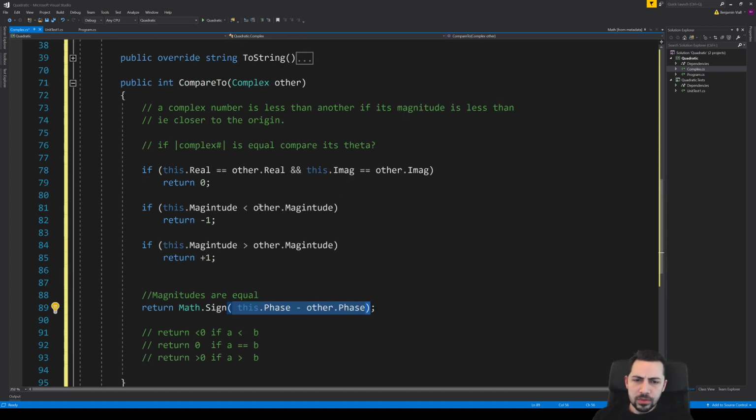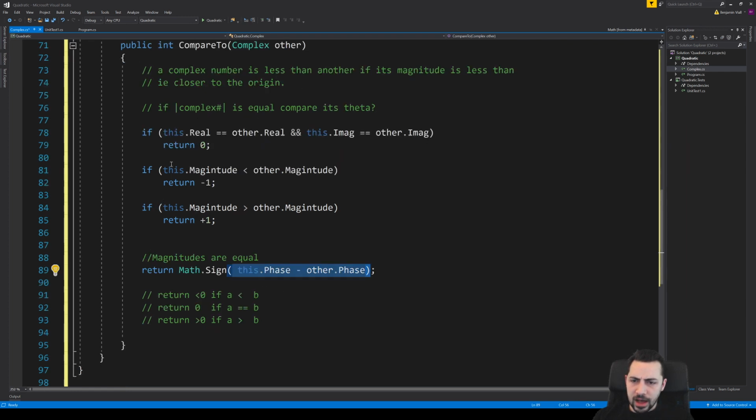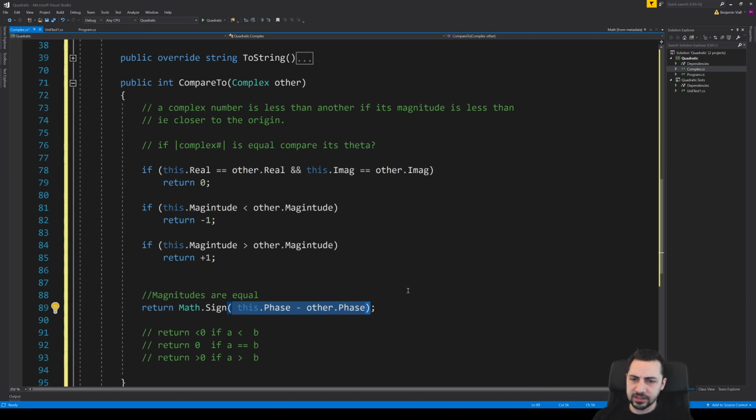Okay? In fact, yeah, I think we're pretty good here. We could clean this up a little bit, actually, by testing to see if the magnitudes are equal or if they are not equal. But this is pretty good. So this will return 0. This will return -1 if the magnitude is less. This will return 1 if greater. In fact, we could use math.sign twice, depending on if the two things were equal. So I like that.